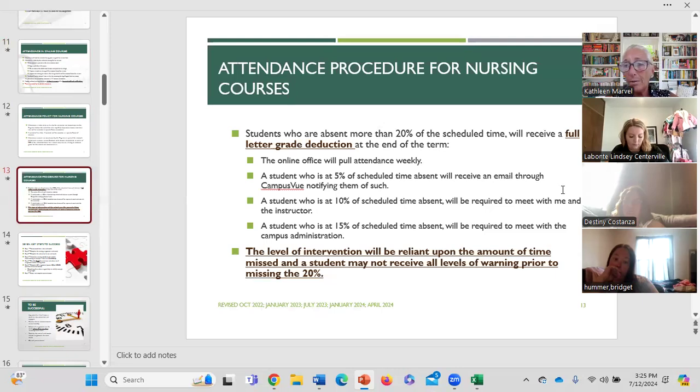This is that 5%, 10%, 15%, 20% of absences. It can add up quickly. If you're somebody who's chronically late, it's going to add up quickly. If you're somebody who misses classes, it's going to add up quickly. At 5%, you get a letter in Campus View. At 10%, we have to meet.